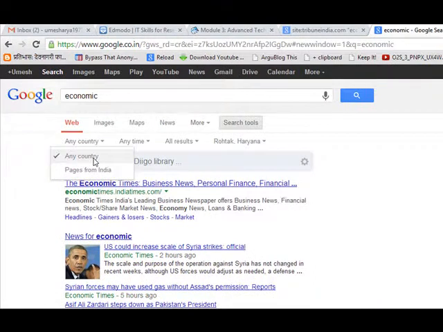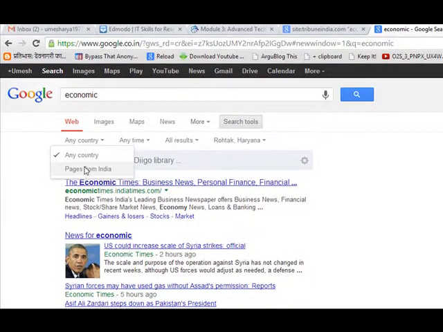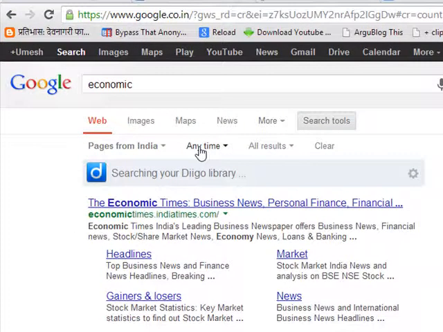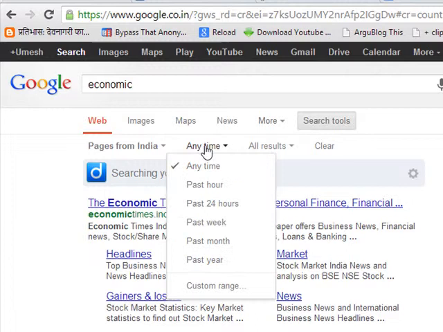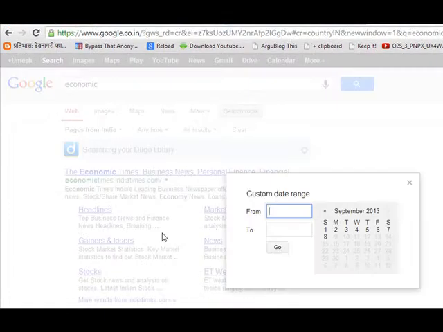If you want to search for pages from India only, then select this. Next, you want to specify some time for the search: past hour, 24 hours, past week, past month, past year, or you want to give a custom range.